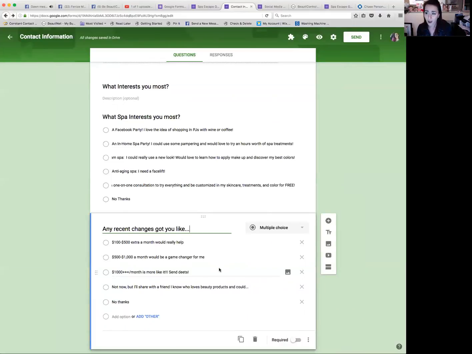Now, if they fill out that they want to make $100 to $500, $500 to $1,000, or $1,000 or more a month, or if they choose a party, ladies, do not write them and say, hey, I noticed that you were interested in this information. They've told you that this is something they're interested in. They selected that. So when you write them, you need to basically assume that they are telling you the truth. This is what Lynn Brodowski taught us. You need to assume that what they are telling you is the truth.